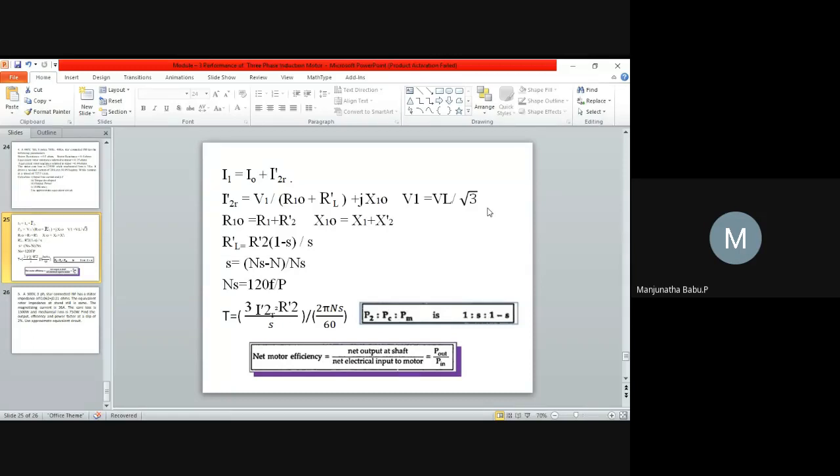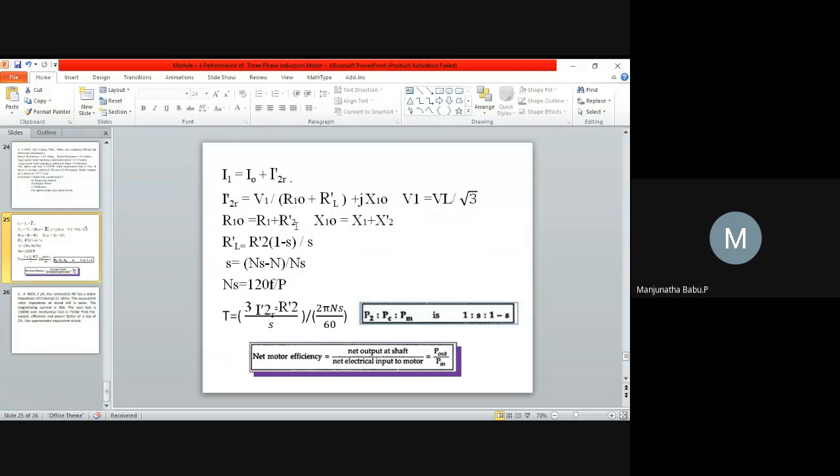How much are you getting? 254.03, sir. Okay, 254.03 is your input voltage. That is phase voltage. Okay. So now we require what is the rotor resistance referred to stator, which will be equal to R1 plus